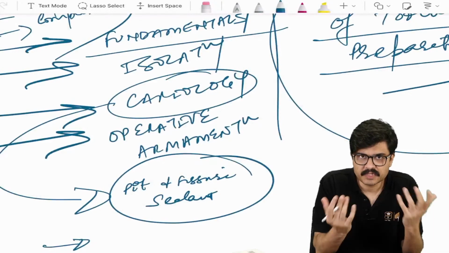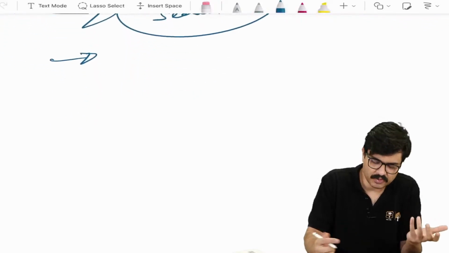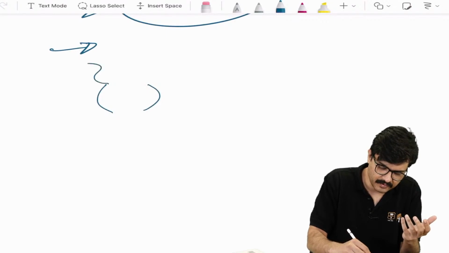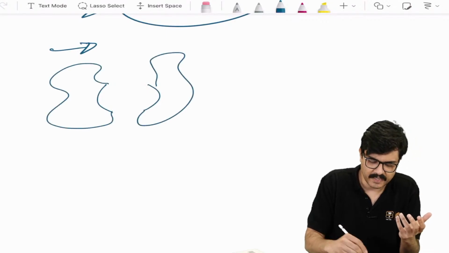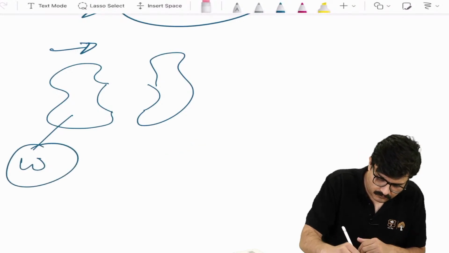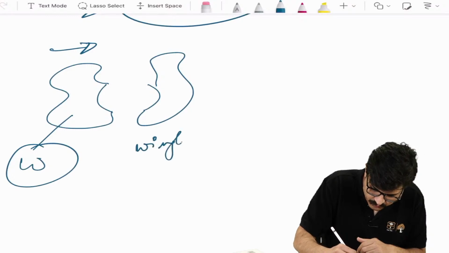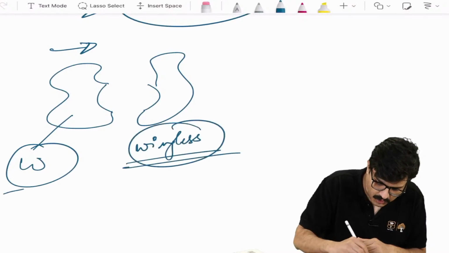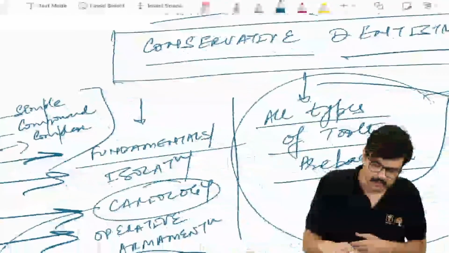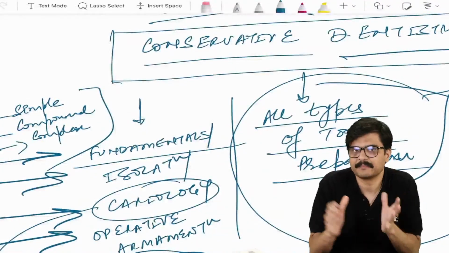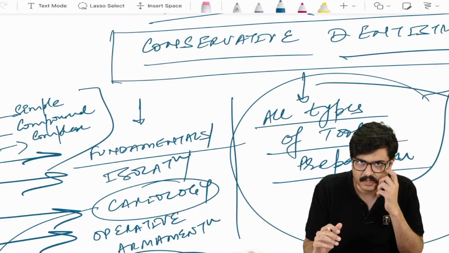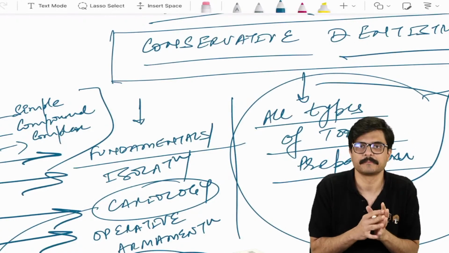Isolation. They would give you an image-based question. It happened last year. They would give you an image-based question in which they would show you a rubber dam clamp, and it would be either a winged clamp or a wingless clamp. So you should know which is what, and be able to answer this question. So for conservative dentistry, don't bypass it in favor of spending more and more time on endodontics. You will have questions from cons, guys.